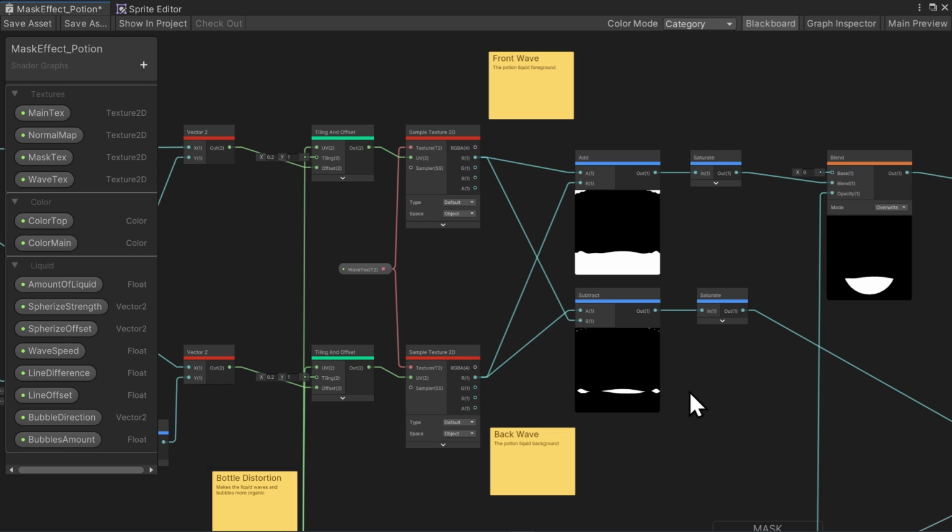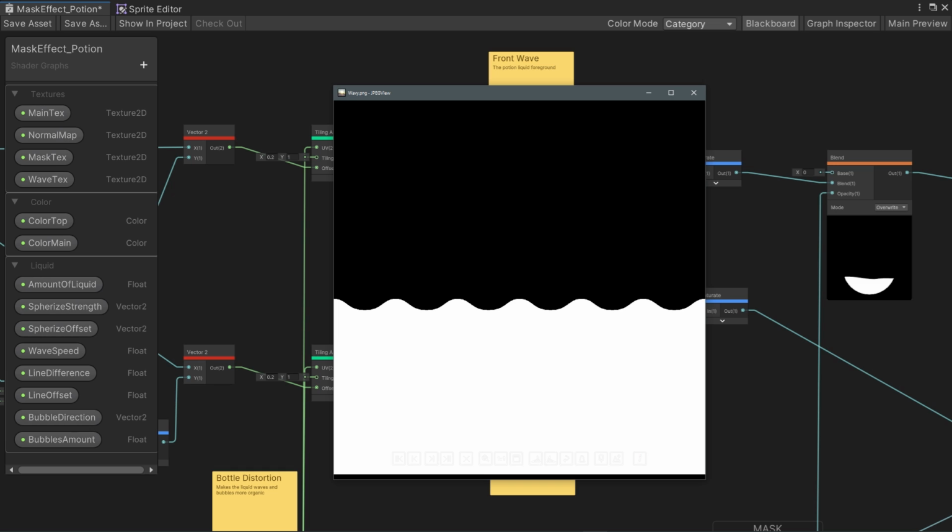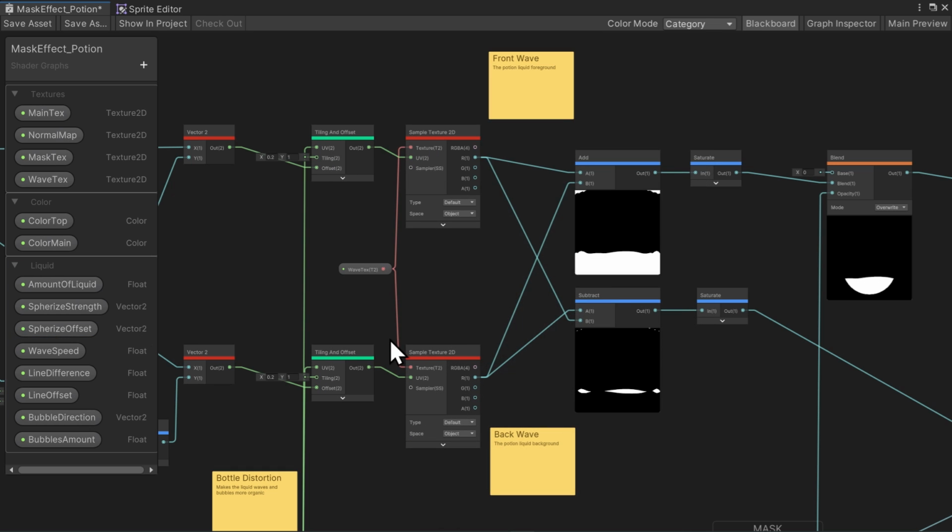Let's go over the graph quick, starting in the middle. Okay, so we have the regular textures, but we're also using a wave texture, which is this. So we're stretching this texture out on the X and then offsetting it every frame. The top of the potion is the same moving texture, but the offset is different both on the Y and